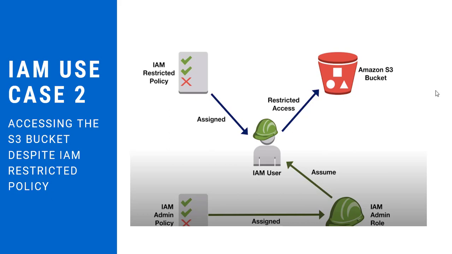So though you don't have access directly to it, your system still wants to access it for some other reason, because of the IAM role assigned to it. So the IAM admin policy which is assigned to it assumes that this user has access to the S3 bucket which was restricted earlier, and it is only for that particular moment. Once the work is done, it will revoke back to the same user access, right? That way it will create the access to that particular resource randomly, and then it will roll the access back. That way it will be helpful.